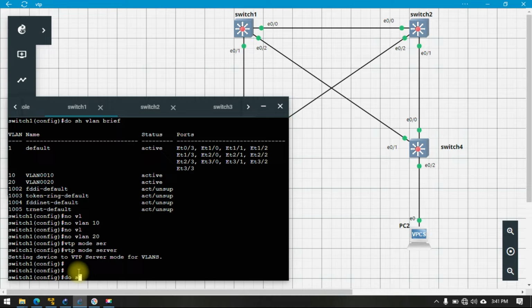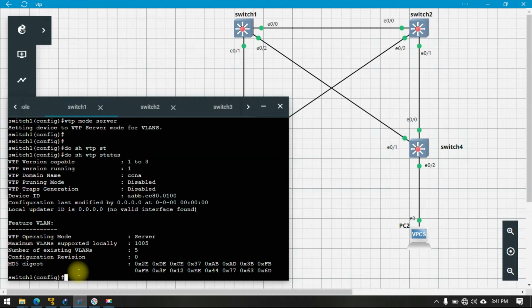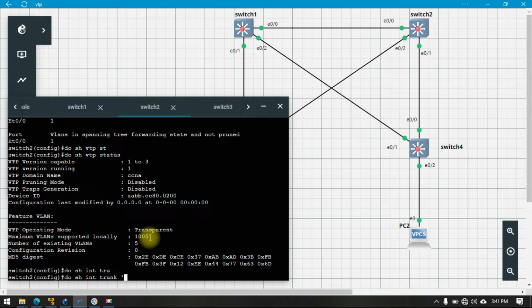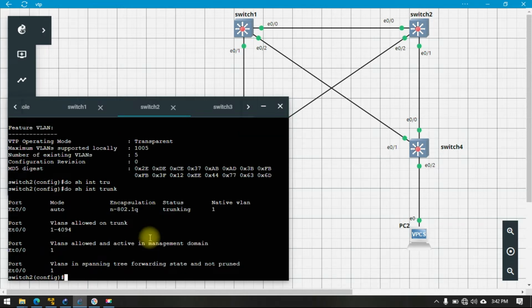So do show VTP status. I have 5 existing VLANs with a revision number of 0, and it's currently in server mode, and the domain is CCNA over here. So on switch 2 over here, I'll do show interface trunk, and currently a trunk has been formed on interface 0/0. So all that is left is to configure